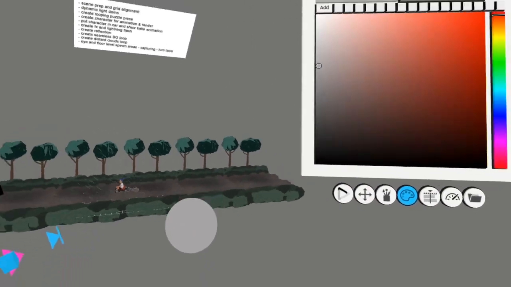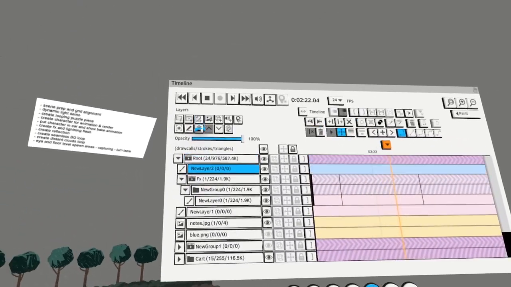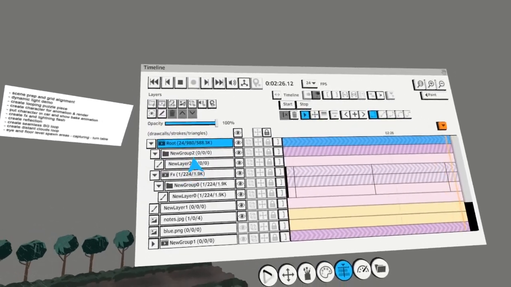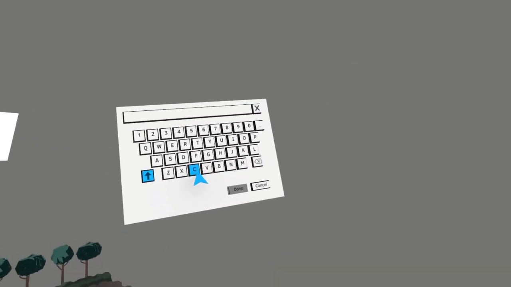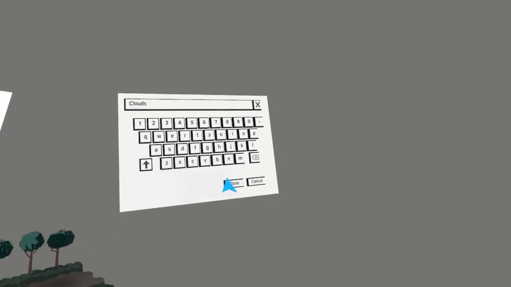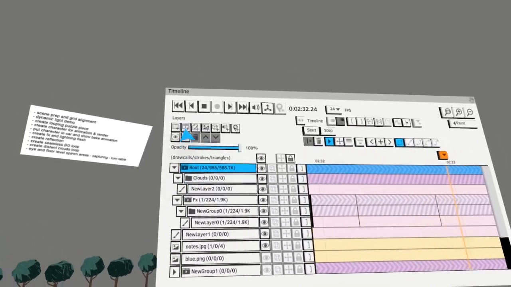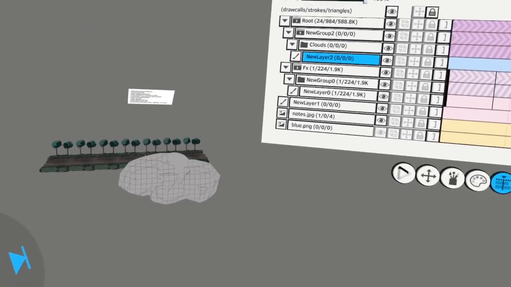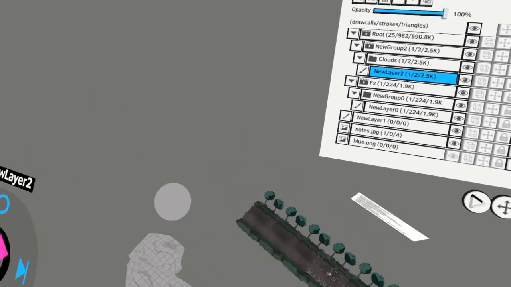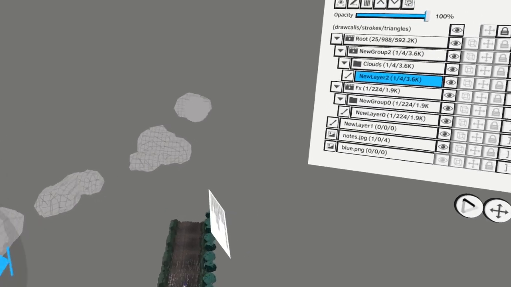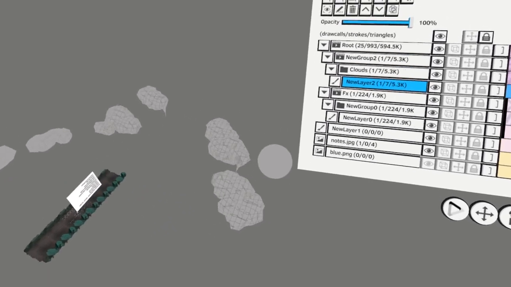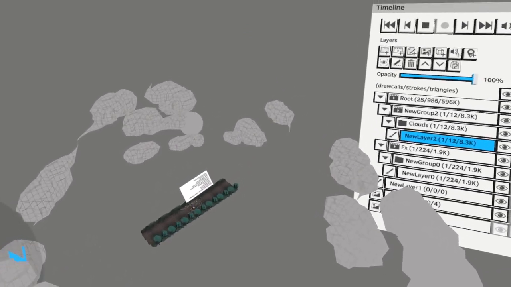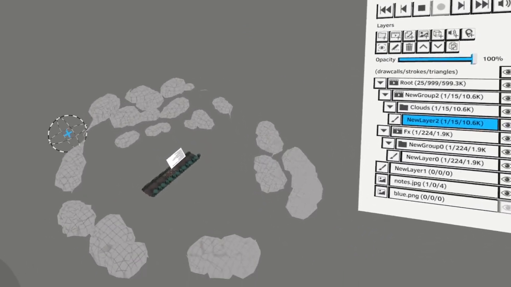So the cool thing about transform keyframes. Let me create a clouds layer. The layer structure is getting super messy, but I don't care. Clouds, and then I put the clouds into another sequence, and then I'm gonna draw some clouds. I'm gonna draw them in a circle, Tyler, because this is gonna be pretty cool. More denser clouds here, and then